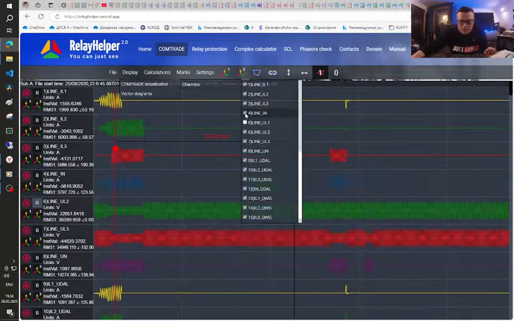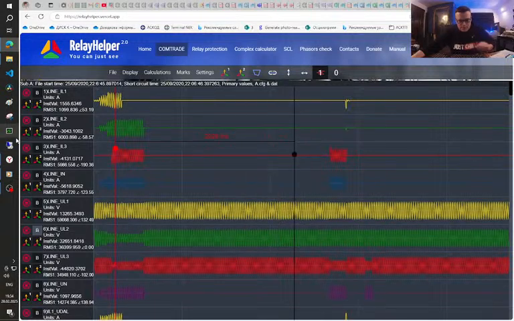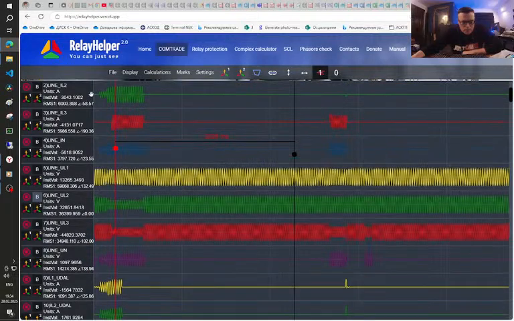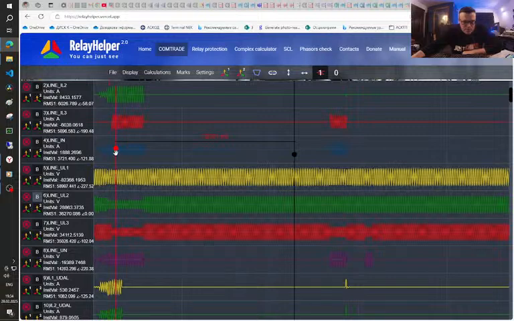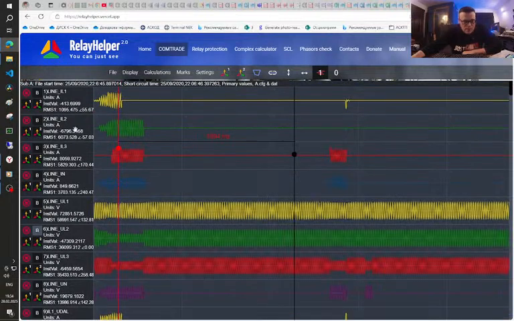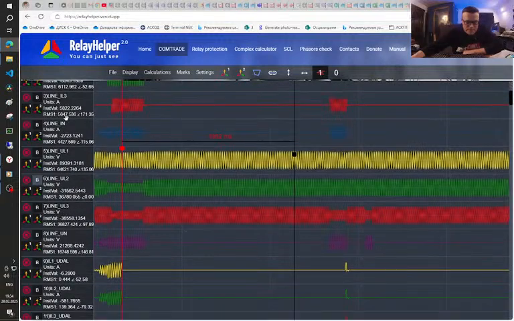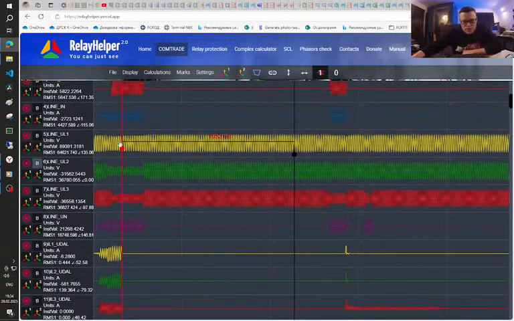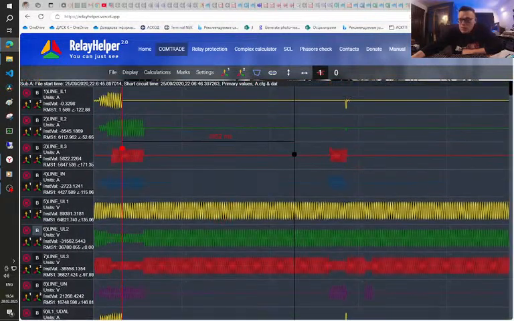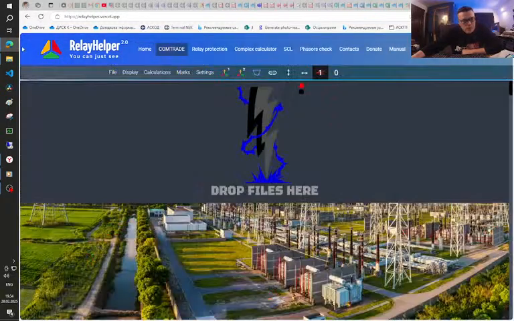I see that not all channels are viewed. We can see that the fault started with phase B, then phase B, C, and at this point the current stopped flowing on phase A, but the voltage drop is not too big on phase A. So let's look from the opposite side,